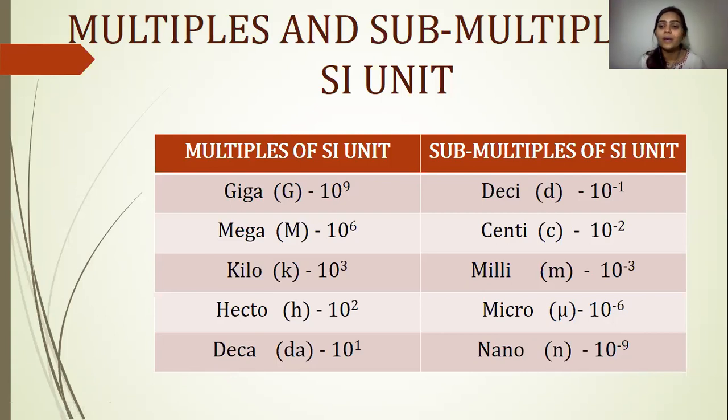If you come to page number 195 of your textbook, the table of multiples of SI unit, you can see it is written as hector with an R. You just have to scratch that R out. It's just hecto, not hector. Then the next one is deca. The symbol form of deca is DA, and there it is written with a capital D. That should be a small d. So both letters here are small, it is small da.